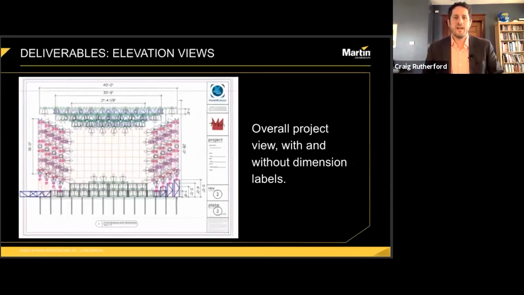So always some elevation views. Every design has at least a front elevation with and without dimensions, and a side elevation, again, with and without dimensions, and a top view with and without dimensions. These give anybody who's looking at the design a clear picture of what you have in mind, and the dimensions help to convey a sense of scale. Of course, all of these help to convey a sense of scale.